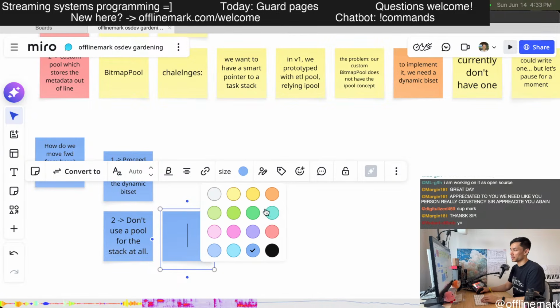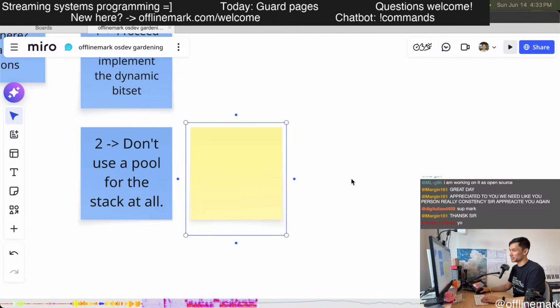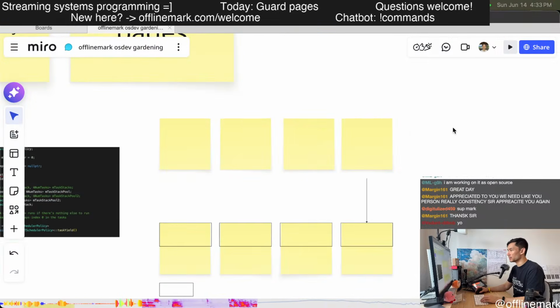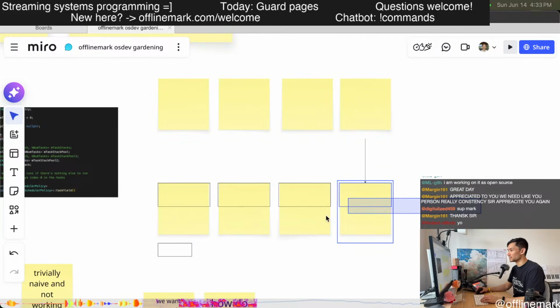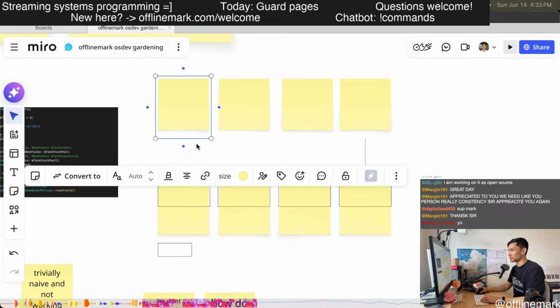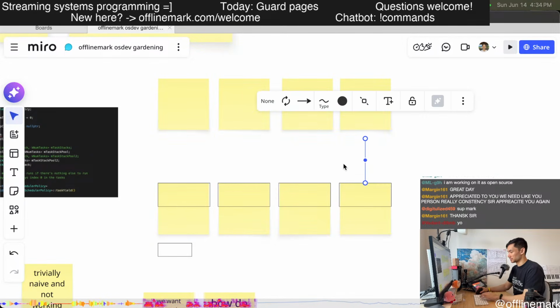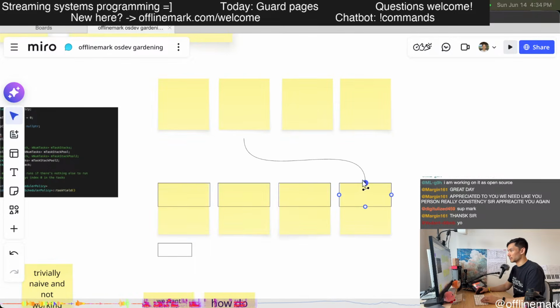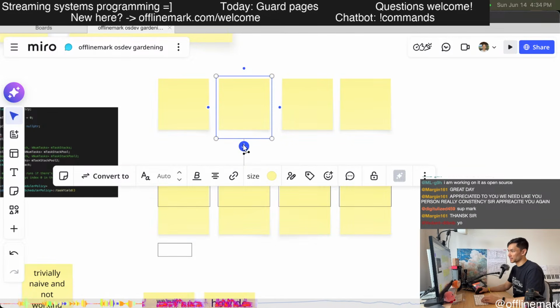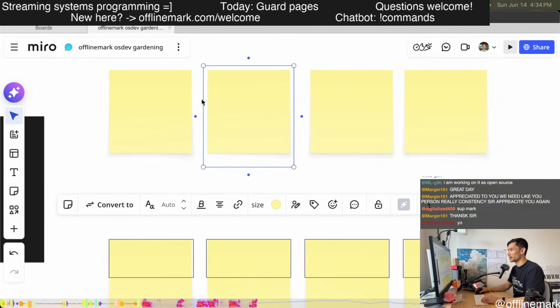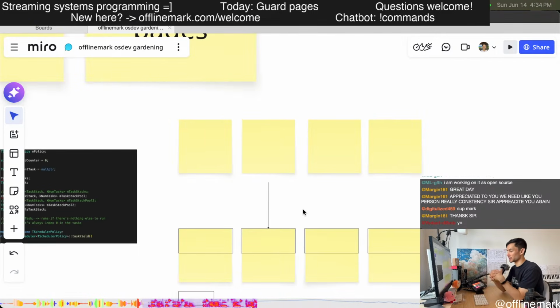So what do I mean by this? The idea behind this is, instead of having a pool of tasks and then a pool of task stacks, where maybe we allocate this thing, and then maybe we allocate a task stack pointing over here, what if we just have a system where we allocate a task, and based off of its index number, it just automatically finds the matching task stack?